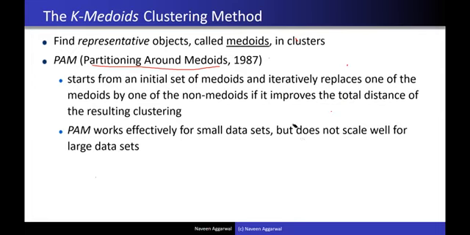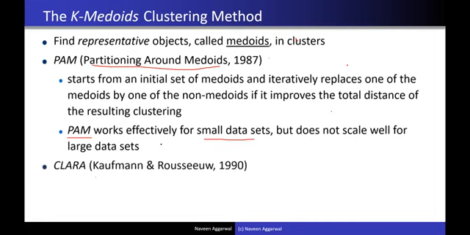It works effectively for small data sets, but we know that finding the median is a very heavy operation. It is a non-statistical operation. We have to sort the values and then find the median. That's why this method is not good for large data sets, and we have to do it only for small data sets, even though this method handles noise very well.